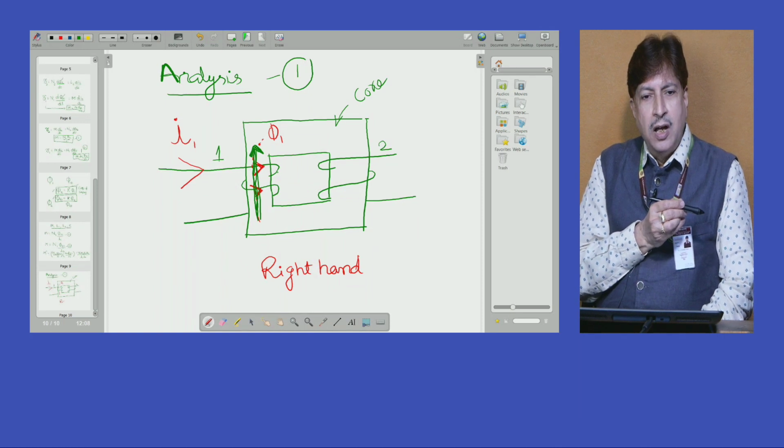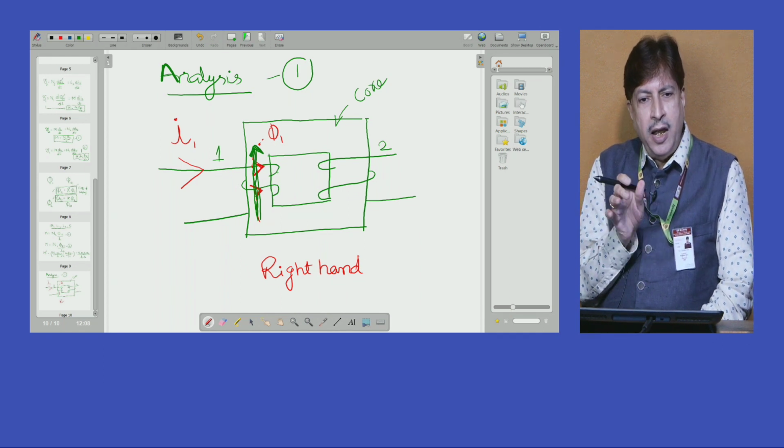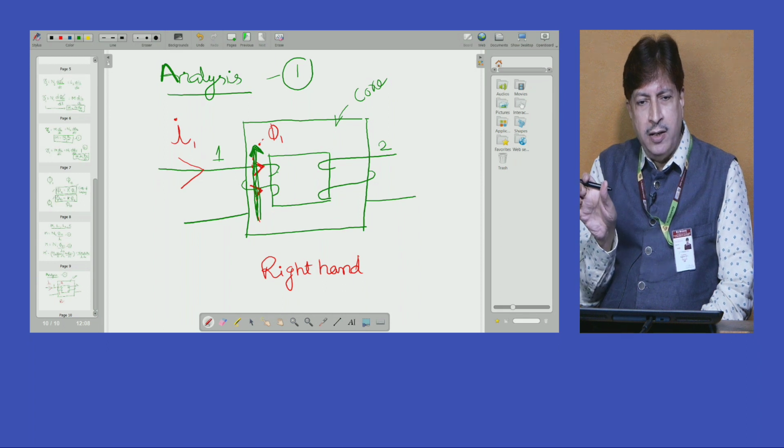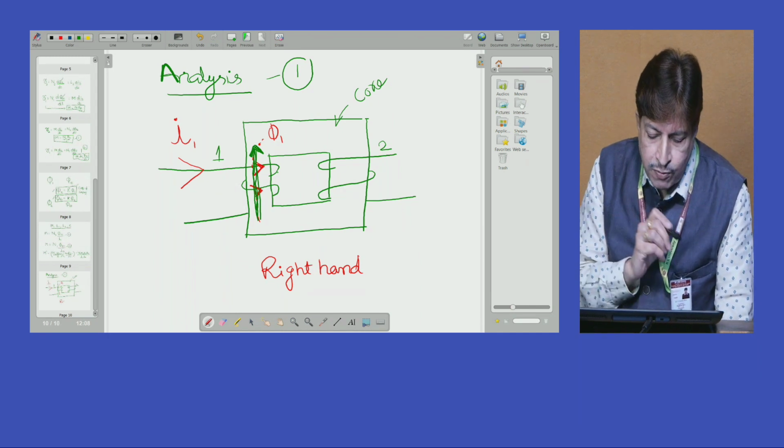See this, I marked the flux direction upwards because, when I take the core in my right hand, the fingers are enclosed. Now the direction of current is matching with the direction of my enclosed fingers, and the flux direction is shown upwards, in the direction of the projected thumb. Now, this flux